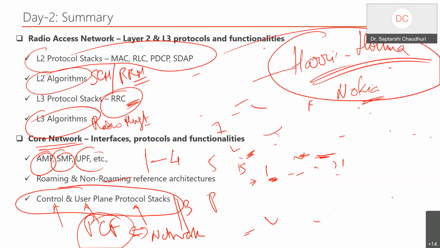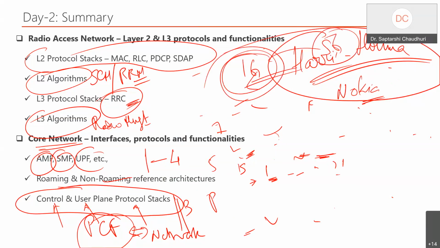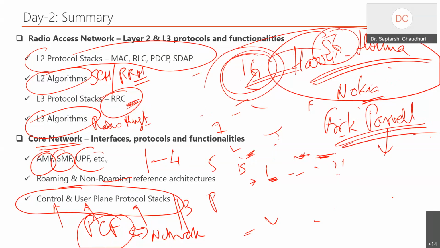He has been part of the evolution from 1G itself, and now he is into 5G. And the next is Erik Dahlman actually. He's from Ericsson. There is a team from Ericsson that are part of it, and a lot of other people too. When we go into the standards, all these people are part of the standards.